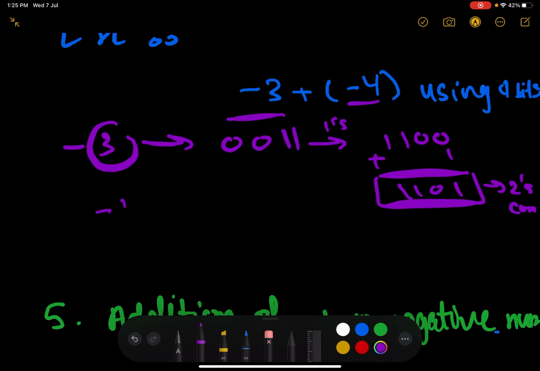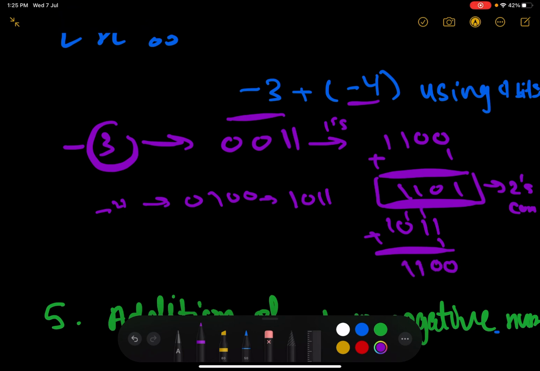And for -4, it's 0 1 0 0, then ones complement 1 0 1 1. For the twos complement, it will be 1 0 1 1 plus 1. You'll get 0 and carry, and then 0 and carry, and then 1 1. Going to add these together,